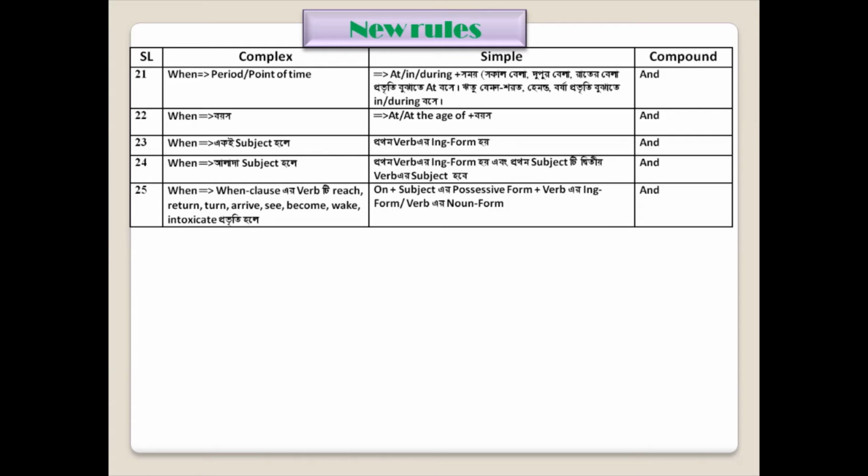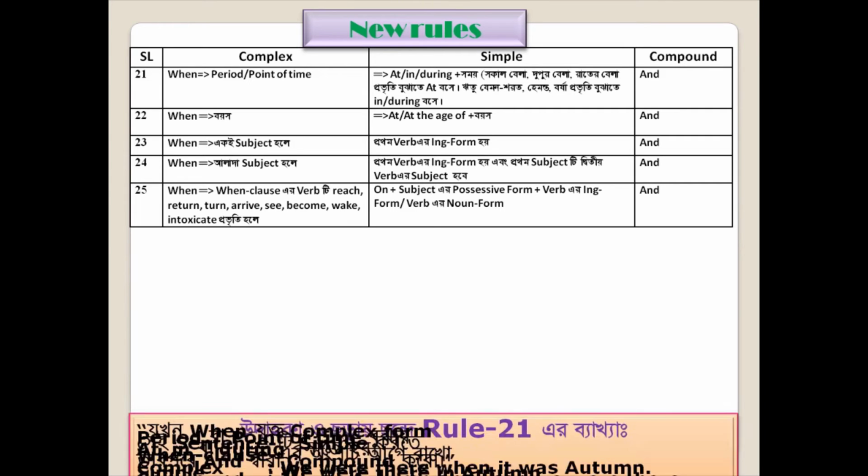Rules number 21. If there is when, এখানে when দ্বারা যদি period or point of time বোঝায়, in simple you will have to use at, in, during plus সময়, অর্থাৎ সকালবেলা, দুপুরবেলা, রাতের বেলা প্রভৃতি বুঝাতে অ্যাট বসাবে। ঋতু যেমন শরৎ, হেমন্ত, বর্ষা প্রভৃতি বুঝাতে ইন অর ডিউরিং বসাবে। ইন কম্পাউন্ড ইউ উইল হ্যাভ টু ইউজ অ্যান্ড, অর্থাৎ